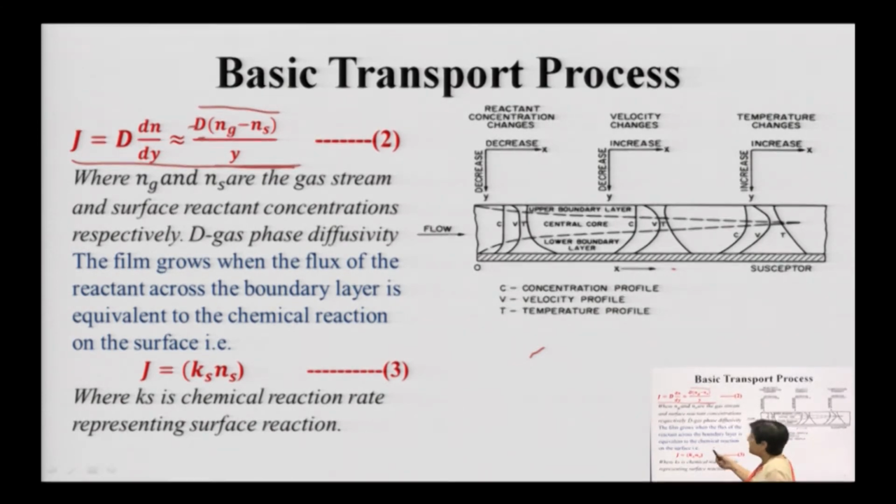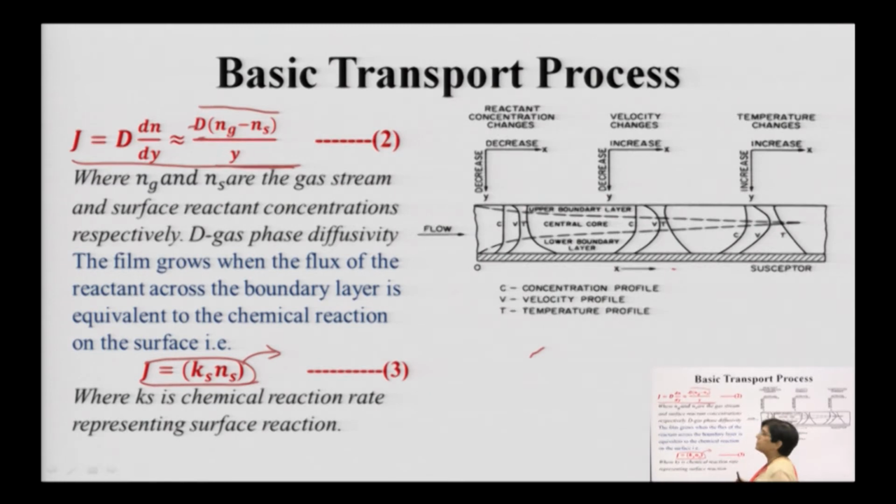Now, once it arrives onto the wafer, adsorption happens, and this deposition is at a rate with the constant of deposition called Ks, the chemical reaction rate constant, multiplied by the surface concentration. So, the number of atoms present on the surface ready to react will decide the deposition rate. Depending upon that, your deposition is happening.